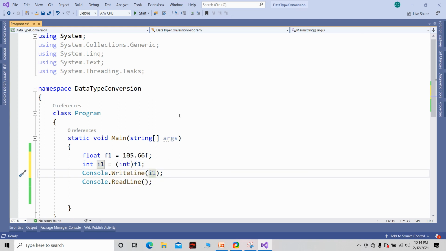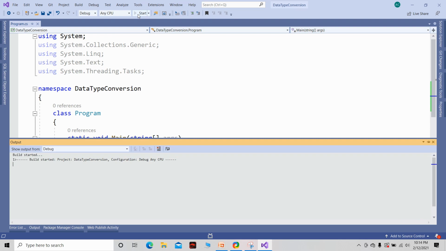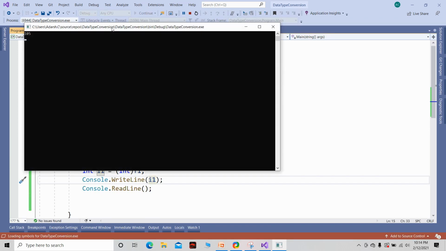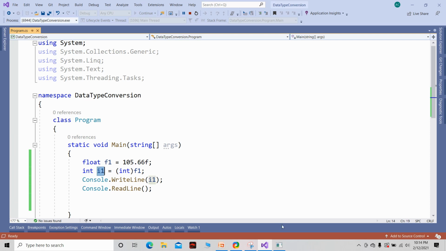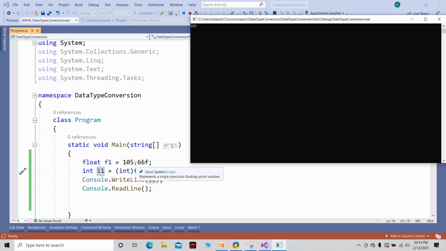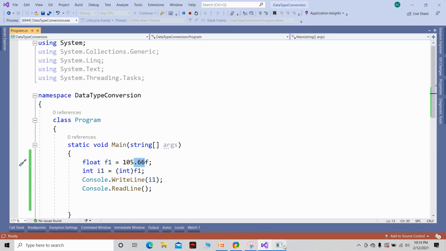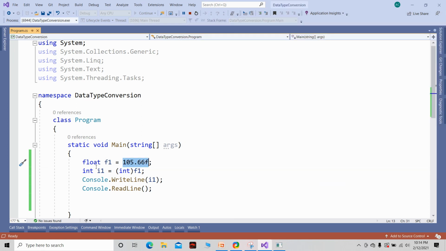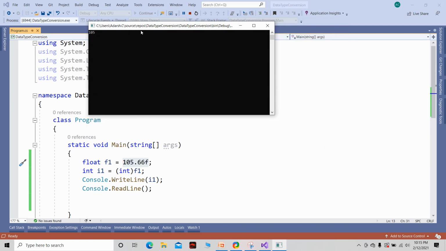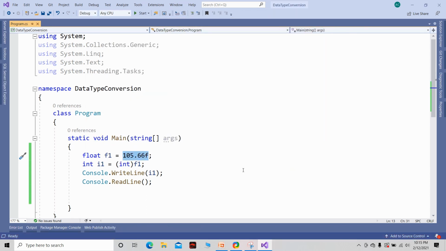Let me pass this integer. Let's run this application. See, there is a loss of data. Since integer holds only whole numbers, the decimal part of this float is being removed and only 105 is being taken into this integer data type. So this is the explicit casting. Remember, with explicit casting, there might be a loss of data based on the scenario.